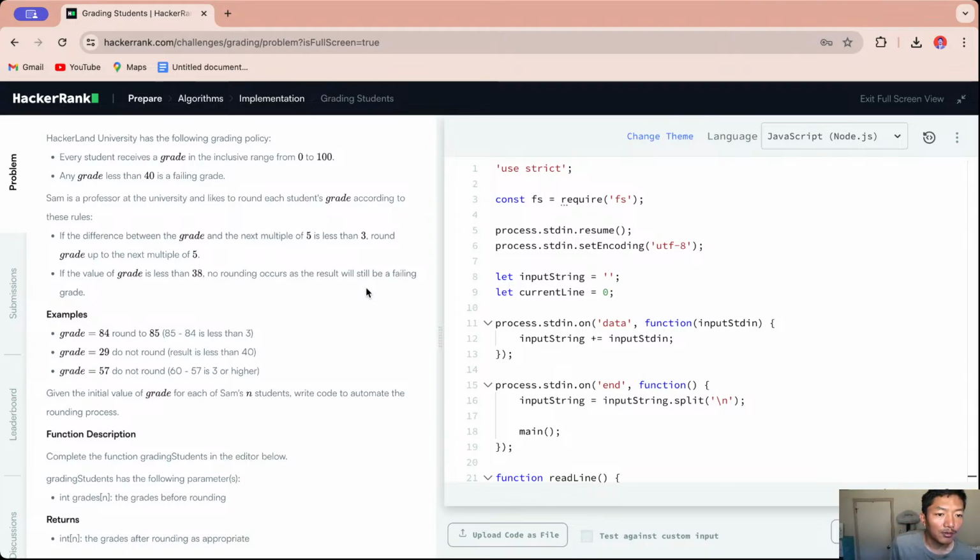If the difference between the grade and the next multiple of 5 is less than 3, then round up. The next multiple of 5 is